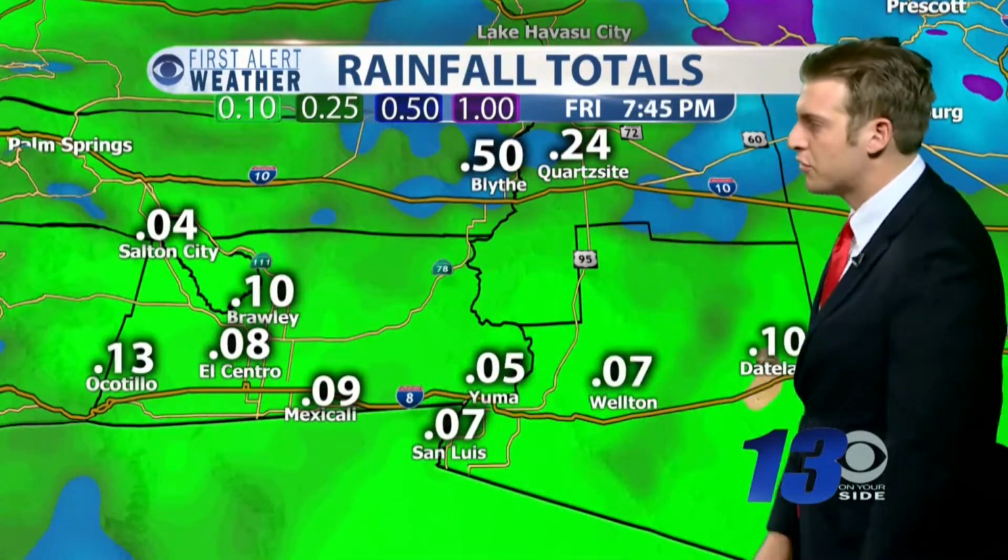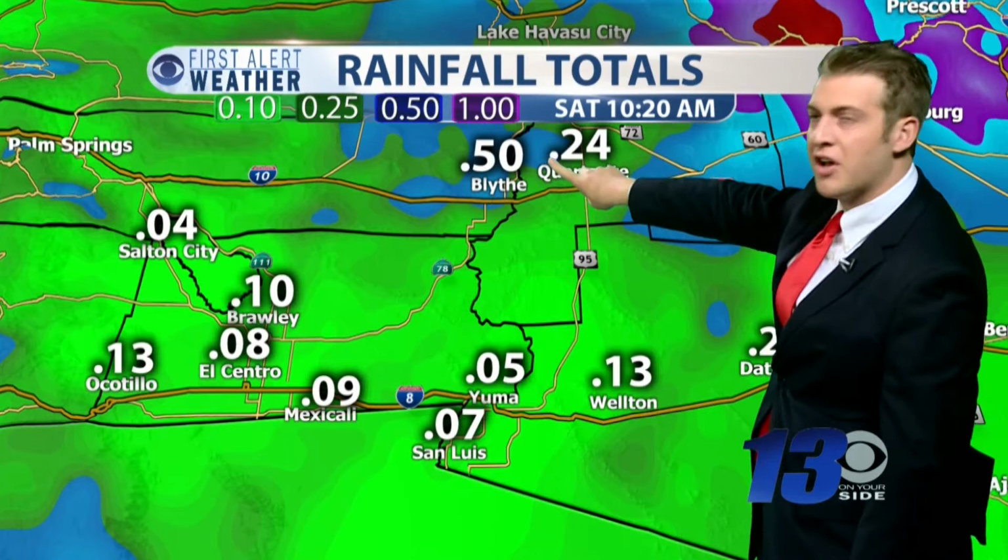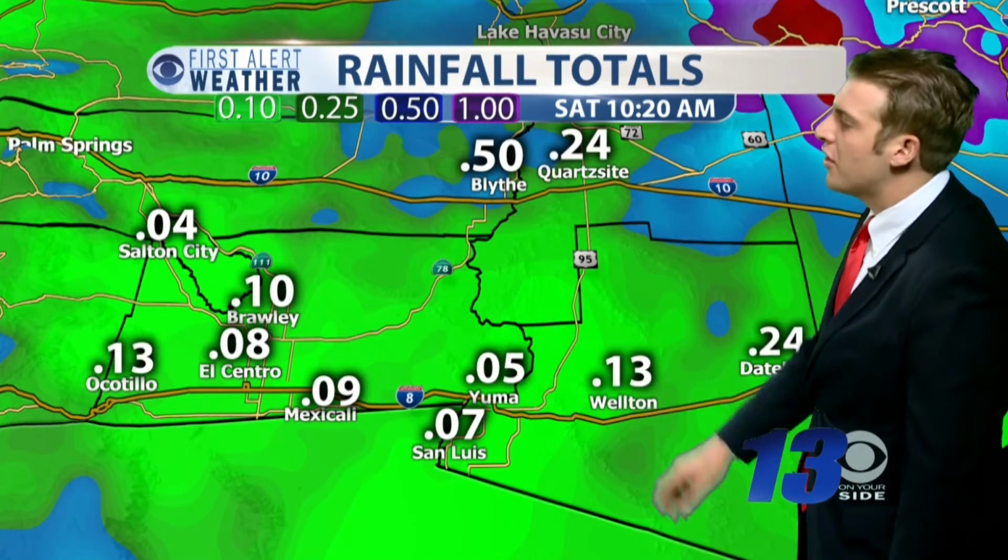So as far as rainfall totals are concerned, they're just about everywhere on the map. You see where we saw that thunderstorm? Half an inch. Other spots that don't get a thunderstorm are just going to be a hit and miss between 1/10 of an inch to 1/4 of an inch. But we are going to see some of the heavier totals off to the north and east,